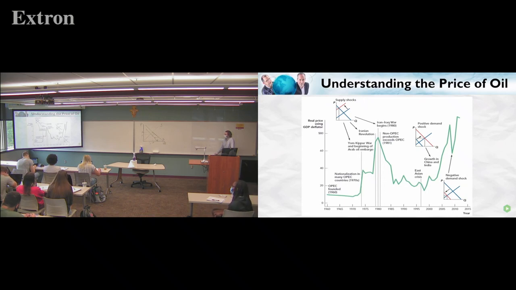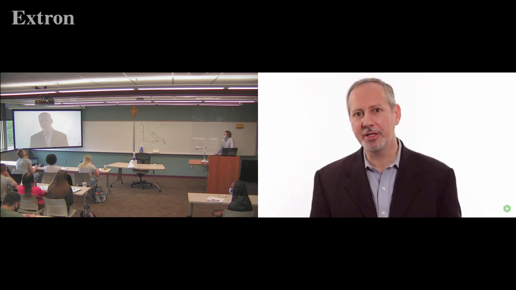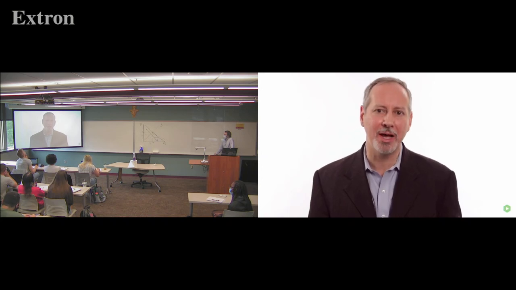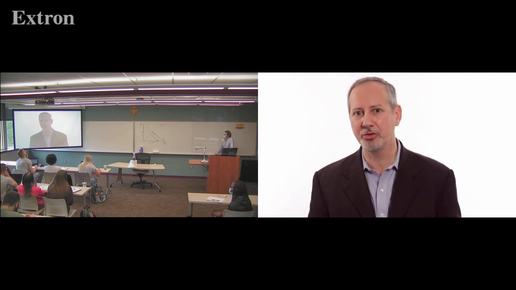You can see that increased demand continued until this big drop in the price of oil in 2008, 2009. What's that? That, of course, is the demand shock from the big recession and the financial crisis, which hit the United States and Europe especially hard, reducing the demand for oil, at least until the recovery had started to occur. What you can see here is that the simple supply and demand model provides a very useful framework for understanding our world. Thanks.